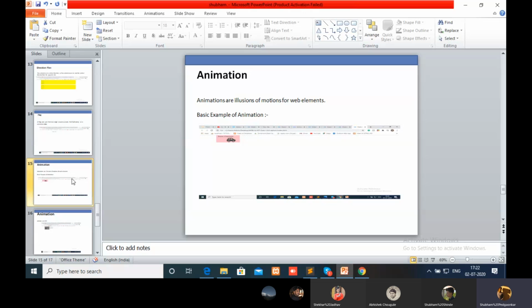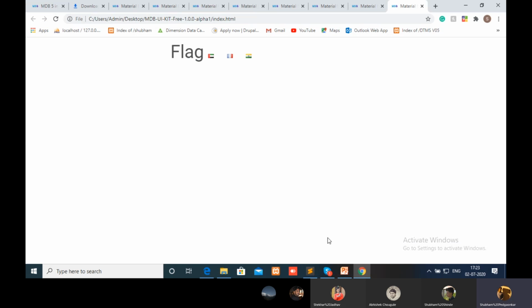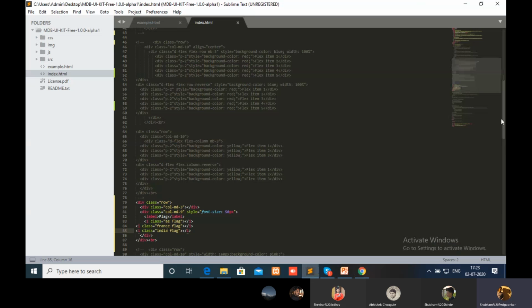In Bootstrap 4 there is no animation present. In Bootstrap 5 they have added animation. I am giving a basic example of which types of animation they added in Bootstrap 5.